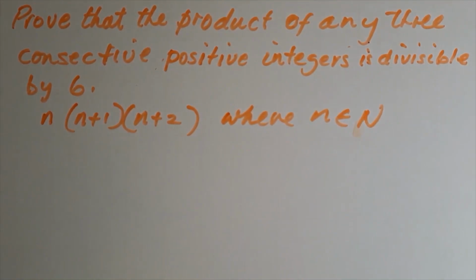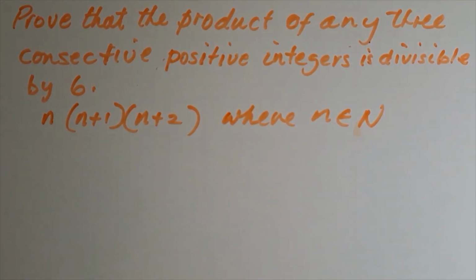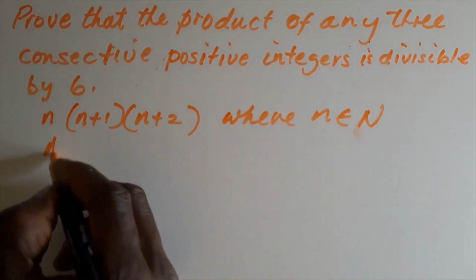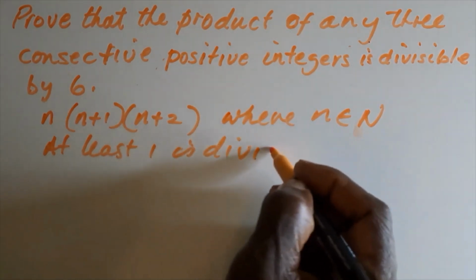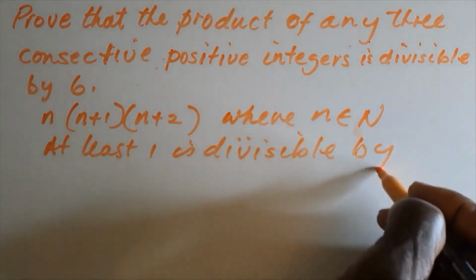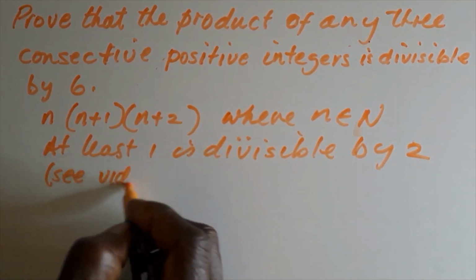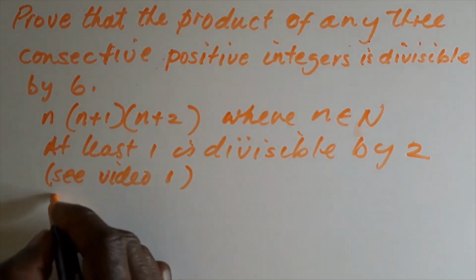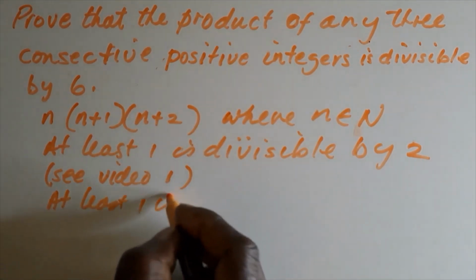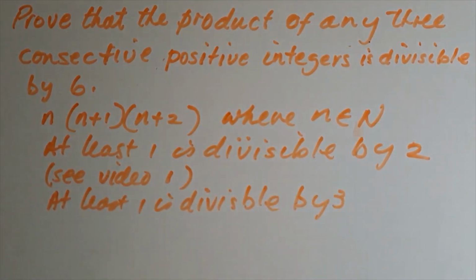From our first video I published today, at least one of these numbers is divisible by 2. See video 1. I've also shown that at least one is divisible by 3. So since the product is divisible by 2 and 3,